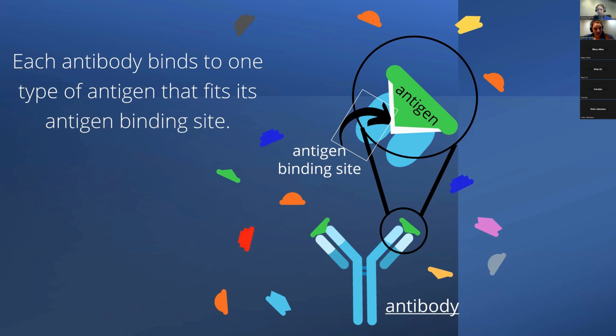That doesn't always happen, which is why when a different virus, or a different bacteria or pathogen, with a different antigen on its surface shows up, your body needs to create new antibodies. Once your body has an immune response to an antigen and creates those antibodies, they essentially help your body fight off the germ by recognizing the antigens and marking them for destruction. So it's pretty cool.